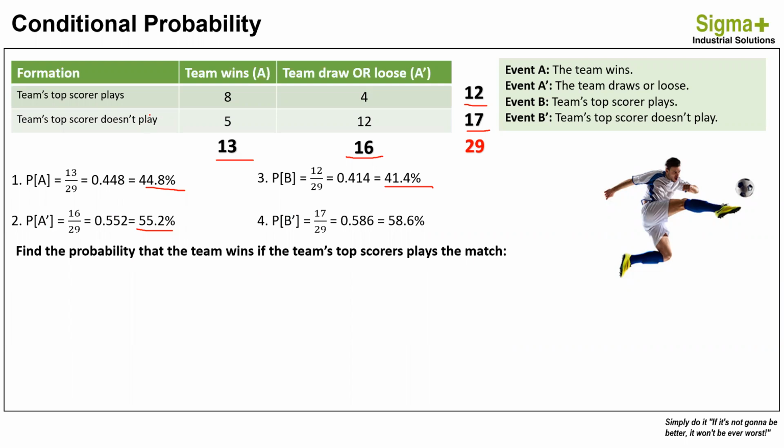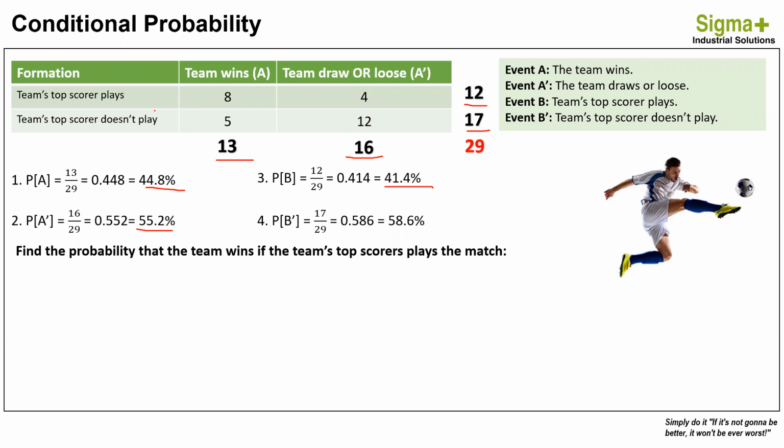As you can see, we can simply utilize the contingency table here also to calculate the conditional probability. So when I say the probability that the team wins under the condition that the team's top scorer will play the match,